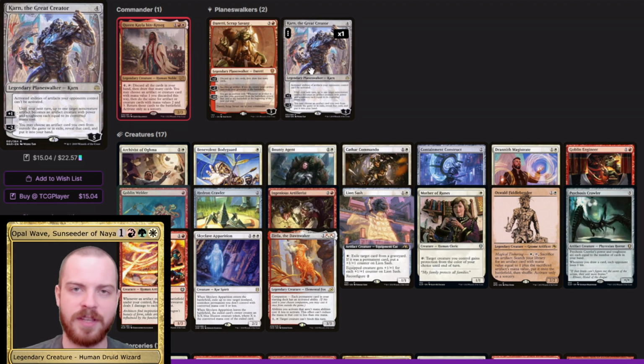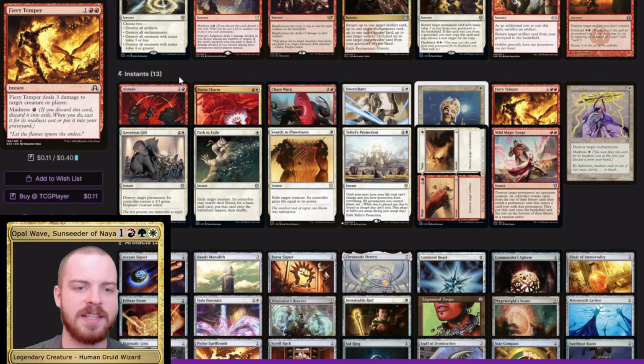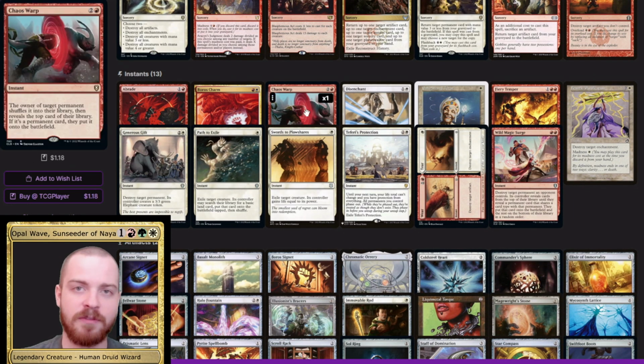They can't be activated, so they can't activate their lands. The only thing they can really do at this point is swing with their creatures. So it's pretty much a hard lock unless they have a way to get rid of the Karn, maybe with combat or something. Moving on to our instants, from the skirmish version, we've definitely upgraded, added a little bit more